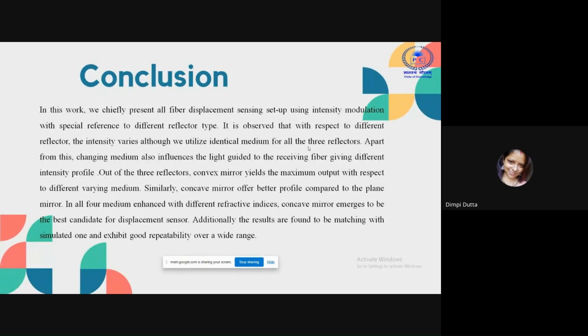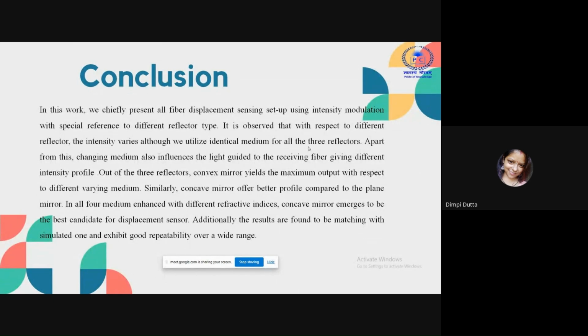The displacement can be sensed very easily, because the evanescent wave field has an impact on the change in medium near the core, as we have changed the medium in terms of air, water, sugar solution, and ethanol. So in each respective medium, it shows a particular displacement change, and this change can be recorded, and this change can be utilized in